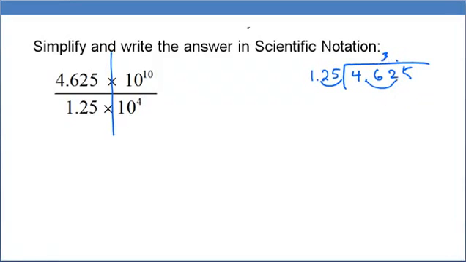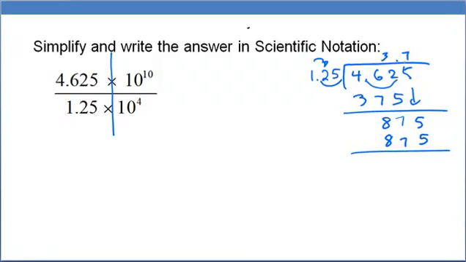Multiply back. Subtract. And bring down. And this will go 7 times. Multiply back. So 3.7